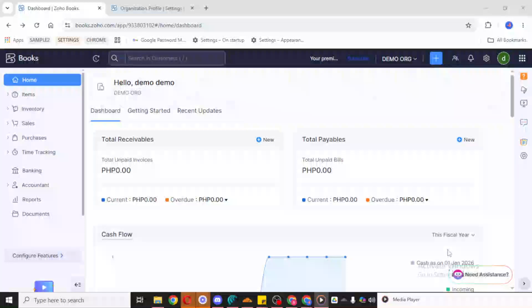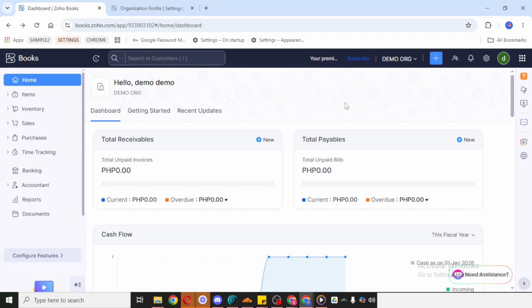In today's video, I'm going to teach you how to edit opening balance in Zoho Books. If you need to update the starting balance for an account in Zoho Books, this process is very simple once you know where to look. Opening balances are important because they help make sure your books begin with the correct financial information. So taking a moment to review and edit them carefully can help keep your records accurate.